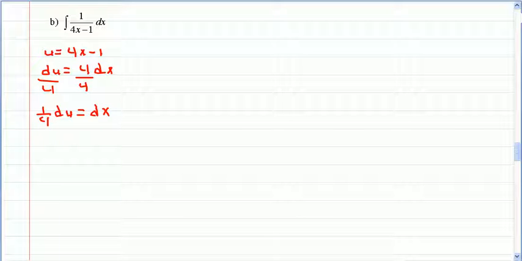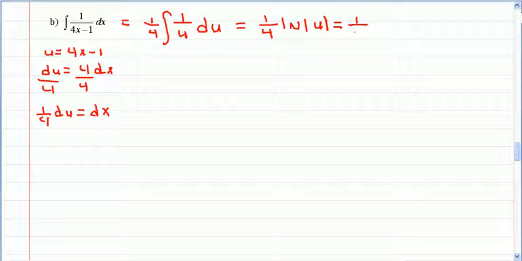So I found u, and the derivative of u is in the problem, which is just dx. So I can rewrite this integral as 1/4 times the integral of 1 over u du, and the integral of 1 over u is the natural log of the absolute value of u, and then I substitute the value of u back into the problem. So it's 1/4 times the natural log of 4x minus 1,